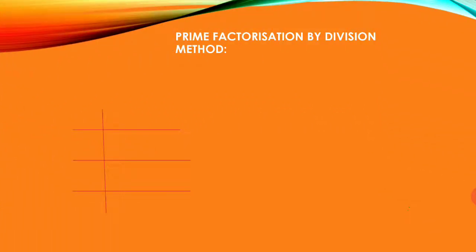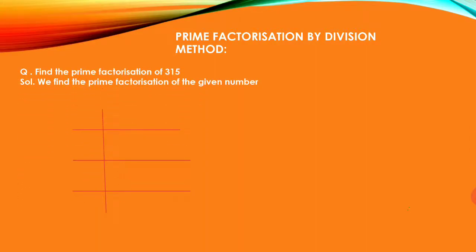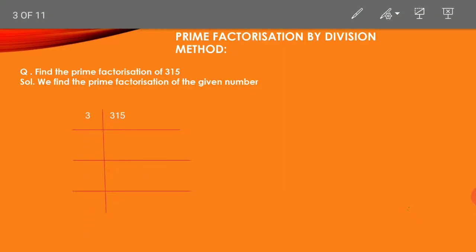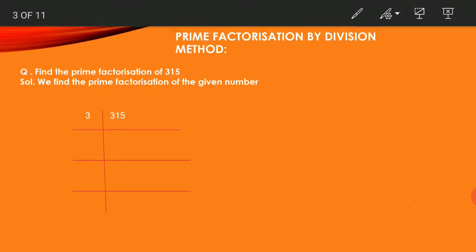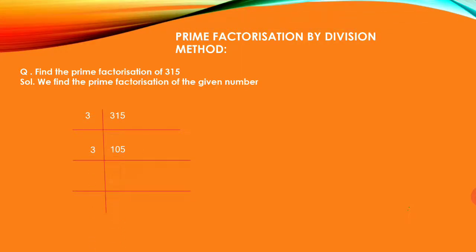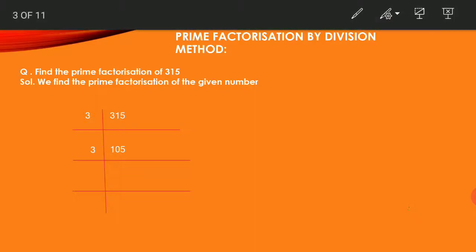Now prime factorization by division method. Let us take an example. Find the prime factorization of 315. So we find the prime factorization of the given number. 315 is exactly divisible by 3. So again we will get 105. Now 105 is again exactly divisible by 3. So we will get here